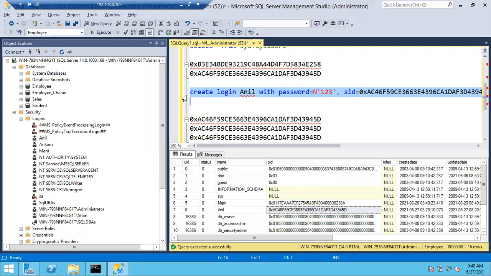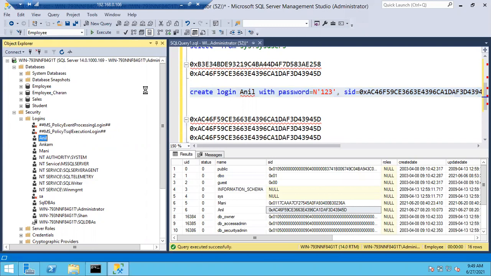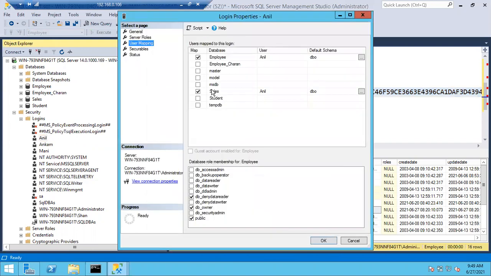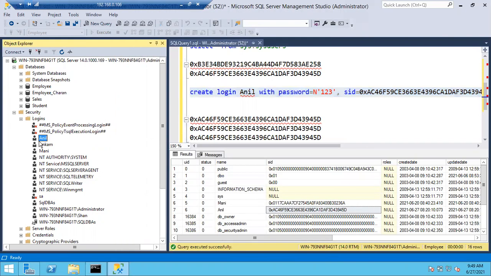The first method is important. Once you create the login with the user SID, automatically it will be fixed on all the databases again and again. No need to worry about it. You will get all the permissions also. Permissions also won't be missed. See here on employee, I guess he has deny data reader, deny DB owner. The same permissions came. The login was created just now, but whatever permissions it already had, all the permissions will come.